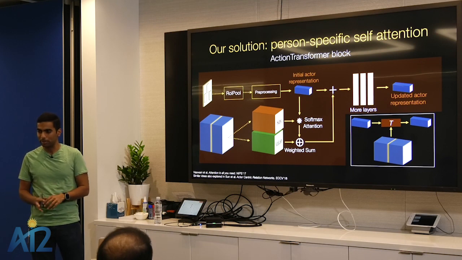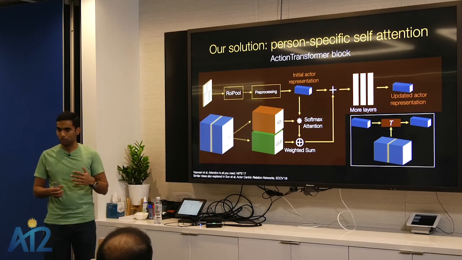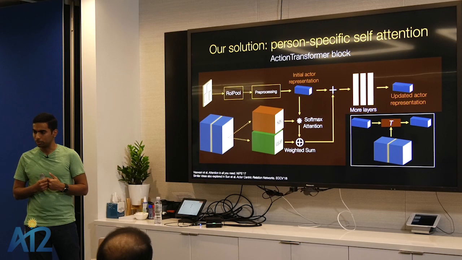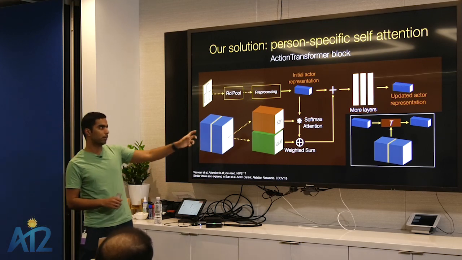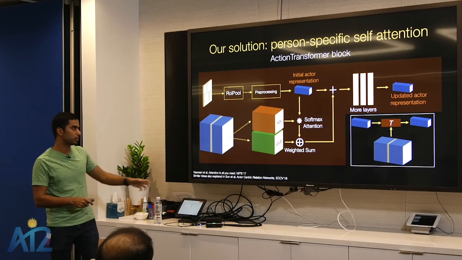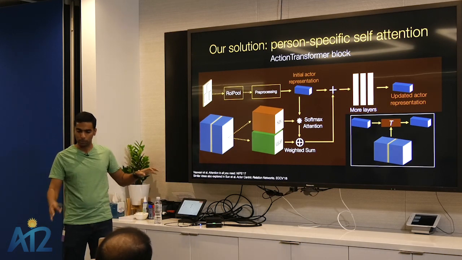So I wouldn't be surprised if that also works pretty well. But to simplify, we just use the whole feature map, so we don't have to be limited by a region proposal. We can attend over everything. And the important thing is the dimensions of the actor representation and each of the spatiotemporal locations is exactly the same, so we can just attend over all of that.